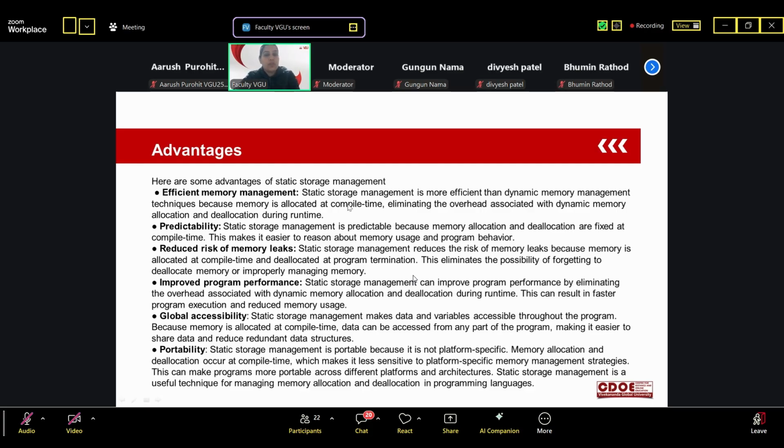It is more efficient because it is done at the compile time only of a program, rather than dynamic memory management, because memory is allocated at compile time and this eliminates the overhead. If you run the whole program and get a problem at runtime, that increases the overhead, because overhead is always associated with dynamic memory allocation or deallocation during runtime. Predictability.